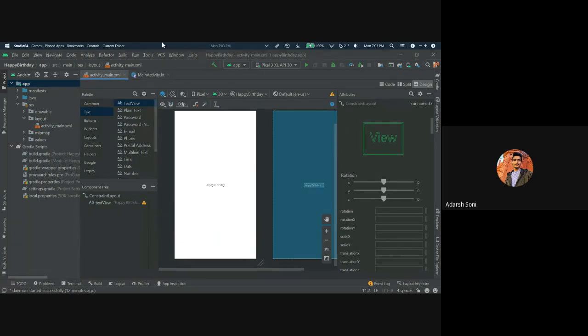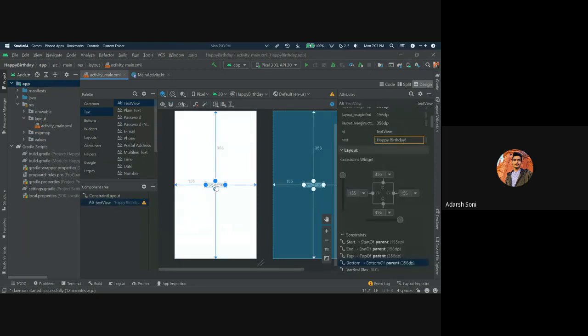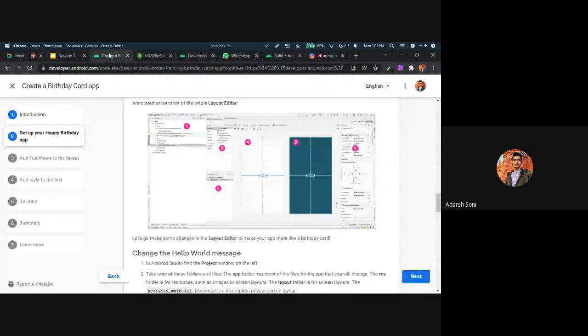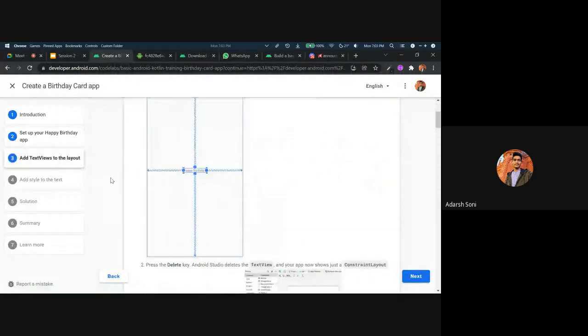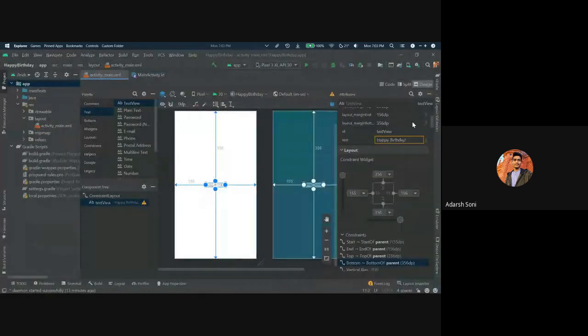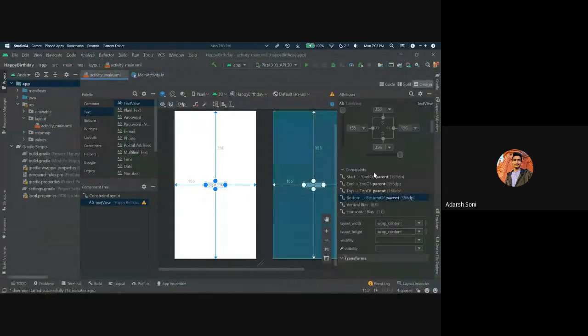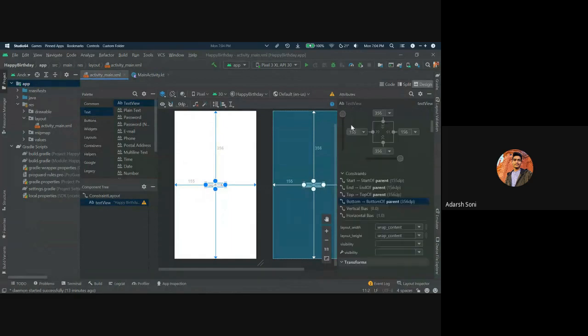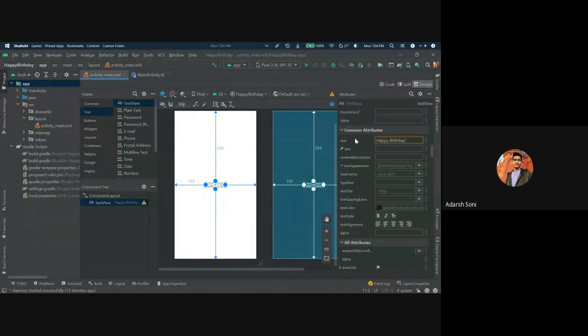Now we can add styles to our text view. To add styles in our text view, we can just go to the attributes tab and go to common attributes.